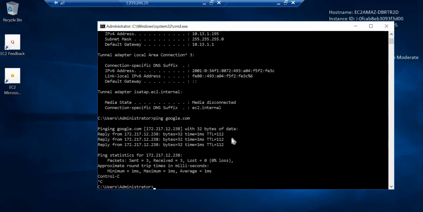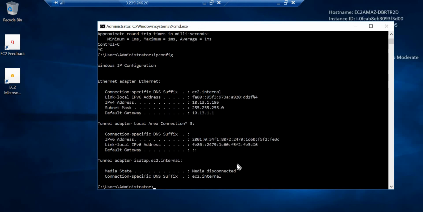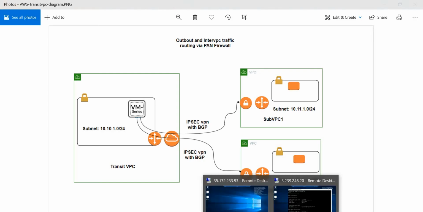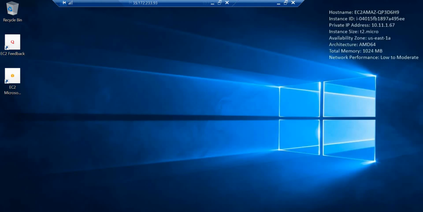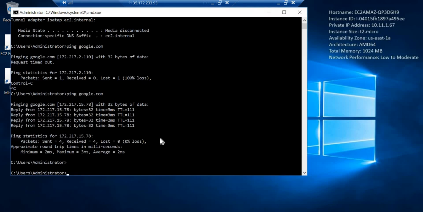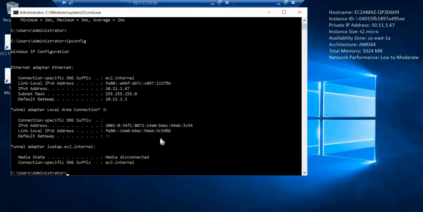Okay, now let's check whether we are able to reach or not. So I am in the instance, ipconfig. I am in subscriber VPC 2 instance, and this is subscriber VPC 1 instance.